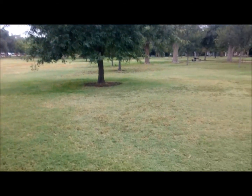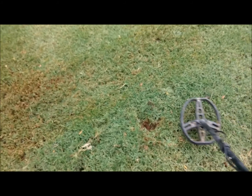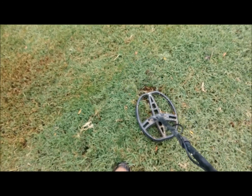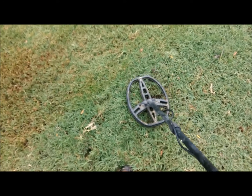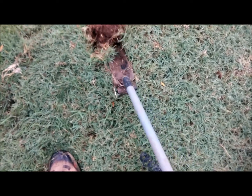Okay, we're out here hunting Sam Houston Park and got a good signal here. Now this is an unusual signal. It's ringing right at 55, but it's a good solid 55. And so I'm gonna dig it. I usually don't dig stuff in that range because it's usually just junk. We're gonna dig it and see what it is, but when I get a good solid